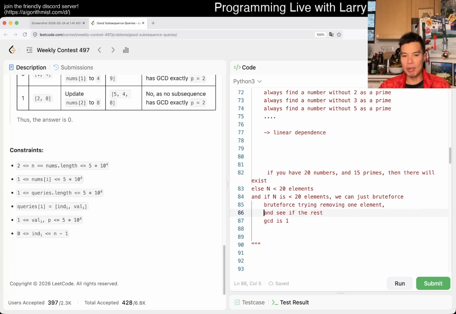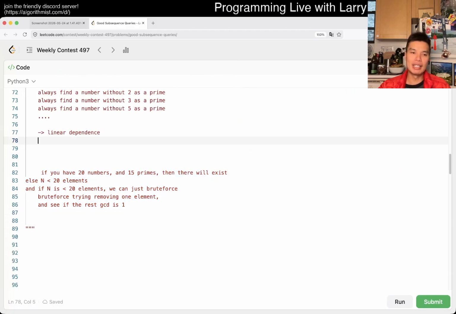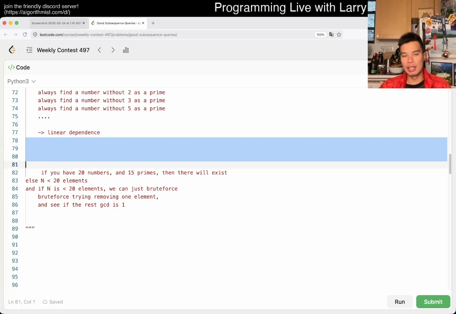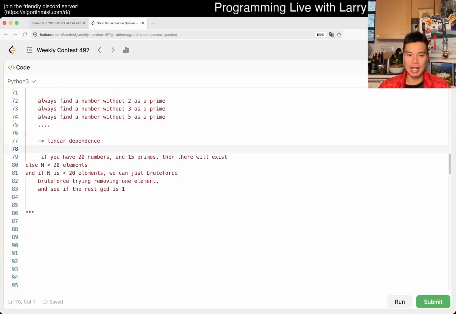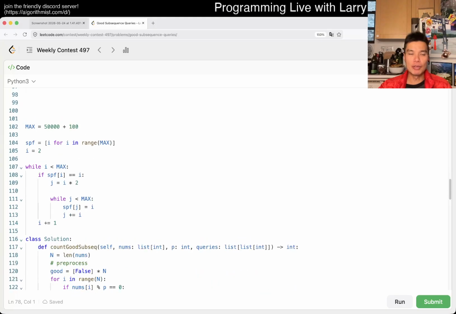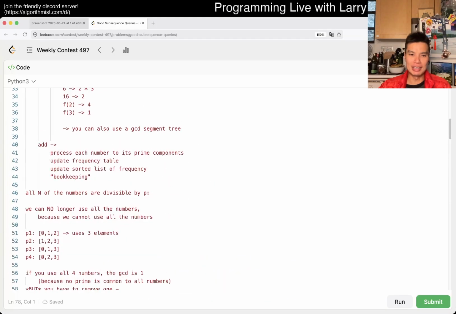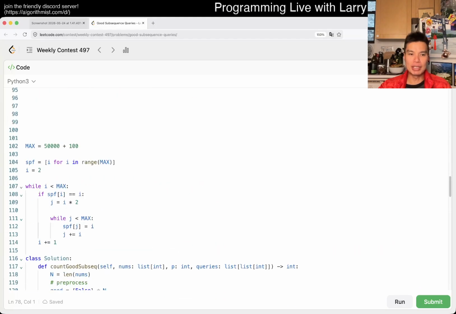That's basically the problem. And just to be clear, I missed this part, right? Totally did. But the rest I was able to get. So hopefully this explains the kind of problem that you're having. And it's a very tough problem. I didn't solve this during the contest, during live time, right? So for me, like I said, you can also do a GCD segment tree. But for me as a result, I do